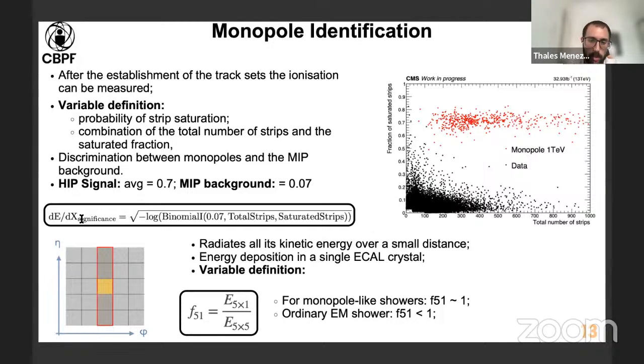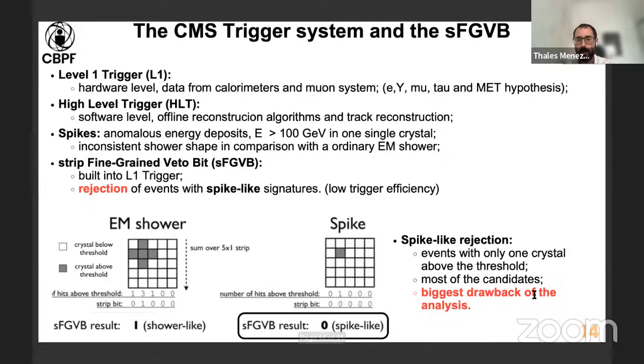We expect for monopole-like showers that this ratio should be around 1, since all of the monopole energy should be enclosed in just one single crystal, in the small area of the detector. For an ordinary electromagnetic shower, we could expect lower values for this ratio, and we can use this difference to further identify our monopoles. But we reach the biggest limitation of the analysis, which is